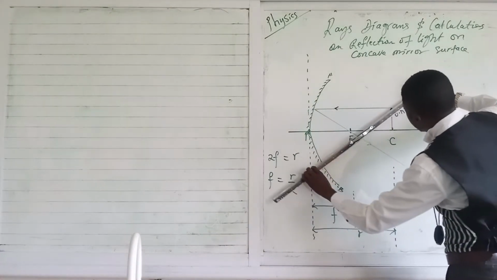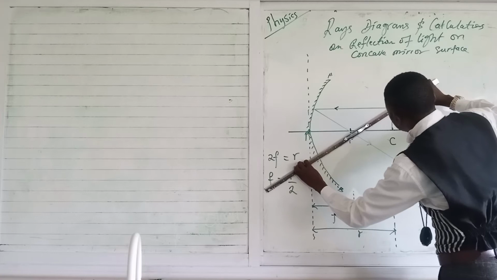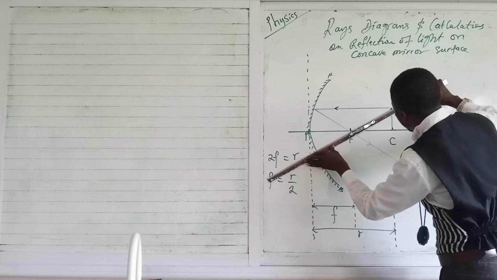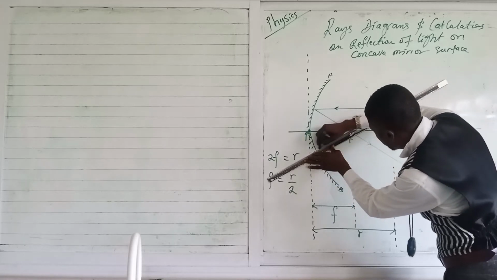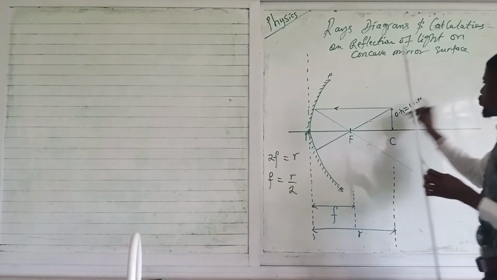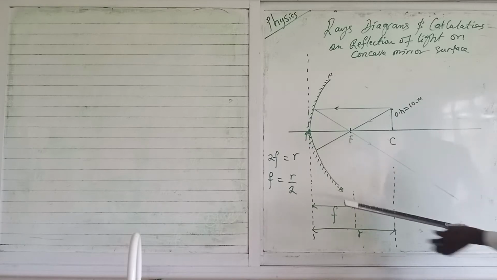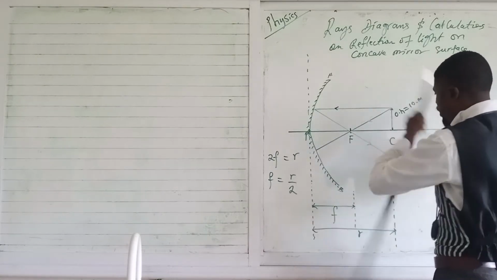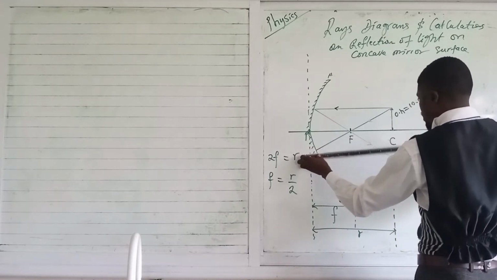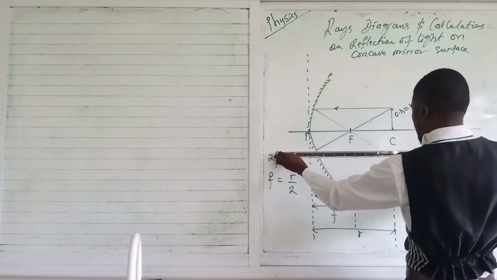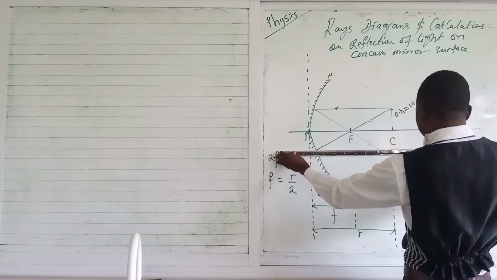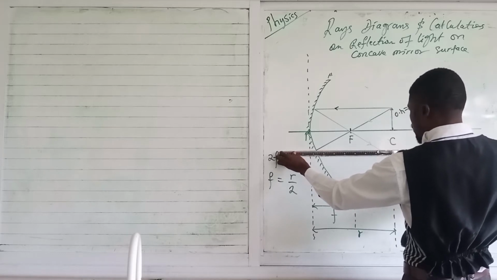A ray of light passing through the principal focus of the mirror, after reflection. A ray of light passing through the focal point of the mirror, after reflection, don't forget I said don't put it like this. Make sure it is perfectly horizontal. I told you my geometry will not be that precise, but if you do it correctly, the image will be